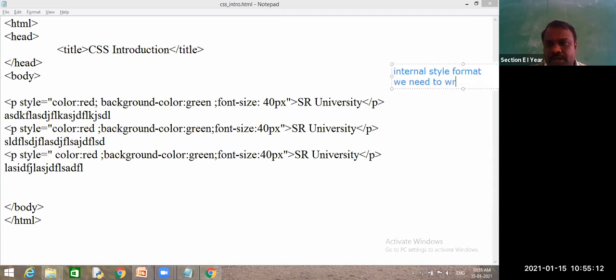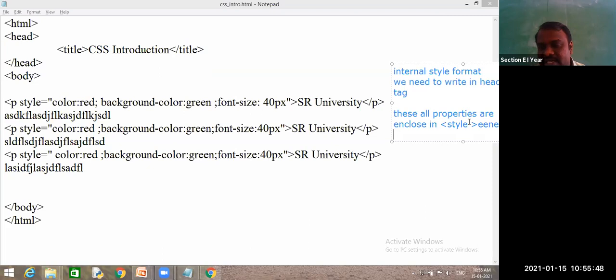We need to write it in the head tag, and these properties are enclosed in the style element. Is it clear? So these properties we write in the head tag. In the head tag, we need to create one style tag. In the style tag, we need to write.